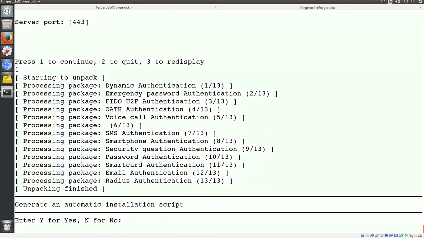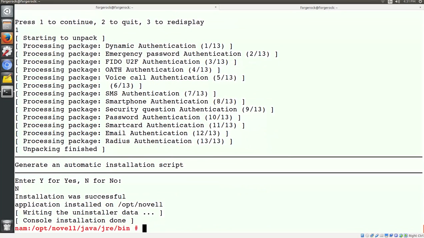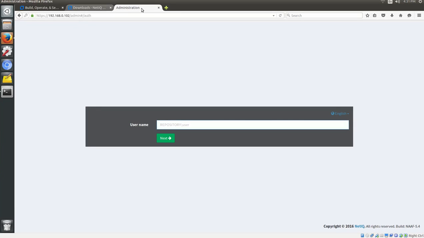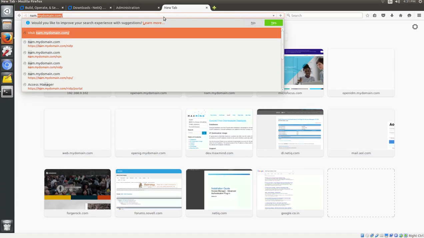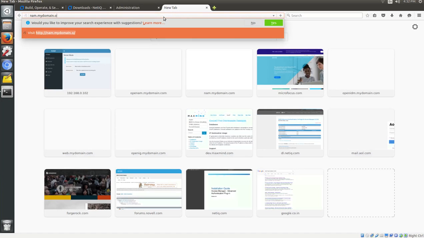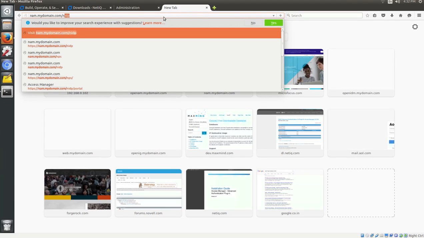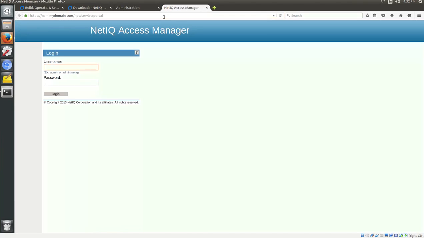Let's say no to this. We don't want an installation script. So it looks like the installation has gone through fine. At least that's what the message says. Now we may have to go and restart our IDP so that this change takes effect. So let's go to the Access Manager NPS URL and log in as the top level administrator there and restart the IDP. Log in as admin,